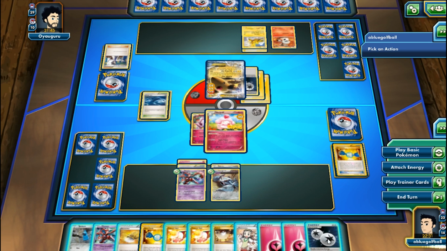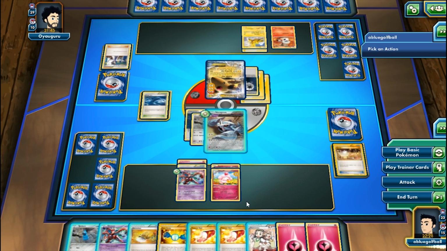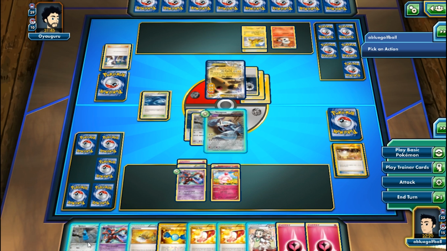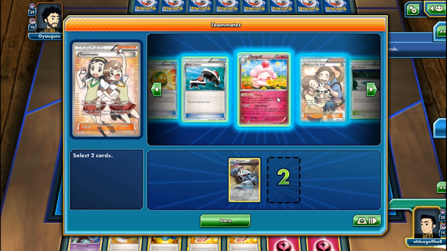Confirm. Let's see. We gotta play this right here, and we'll play the switch. So we got 1, 2, 3, 4, 5, 6, 7, 8, 9, and that should be a knockout on this Ampharos. I'm gonna hang on to the rest of this right here. I could play the Beldum right now. Actually, I'm gonna do that, and we'll play this right here. Get the Metagross, and